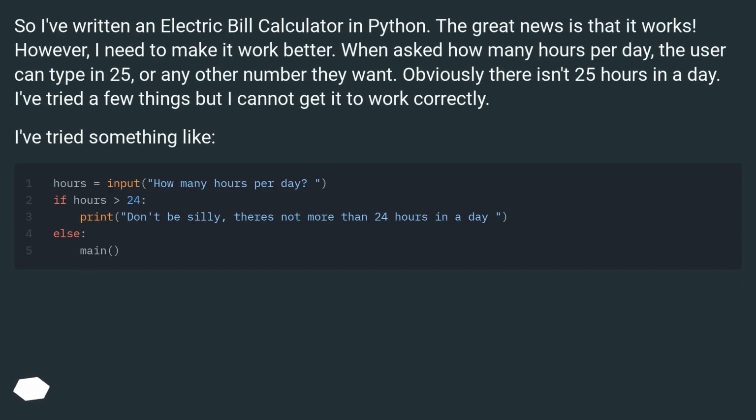When asked how many hours per day, the user can type in 25, or any other number they want. Obviously there aren't 25 hours in a day. I've tried a few things but I cannot get it to work correctly. I've tried something like